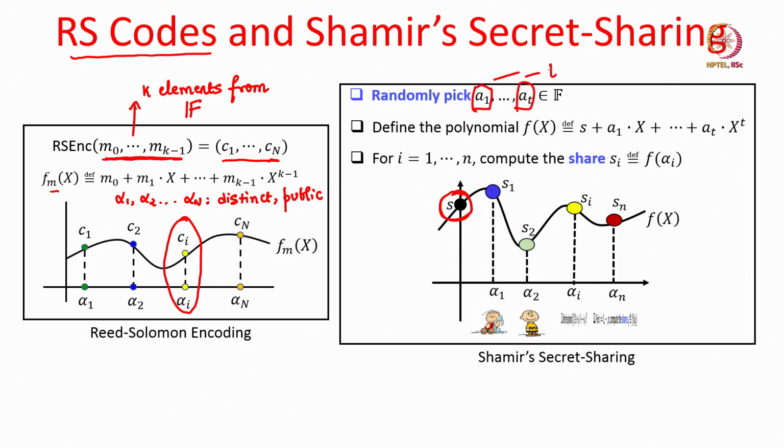So, t random inputs are selected for input S,